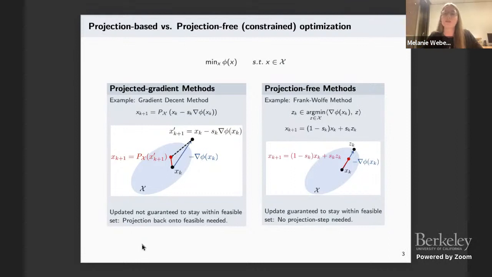And we ensure this by first computing a subroutine, which is called the linear oracle. This subroutine gives us a point in the feasible direction, which just fulfills the constraints. So in our example here, that's a point on the boundary. And then we linearly interpolate between our current iterate and that point, and then step with a certain step size